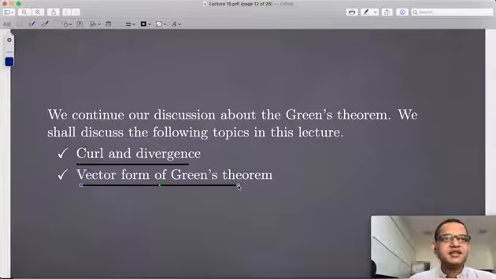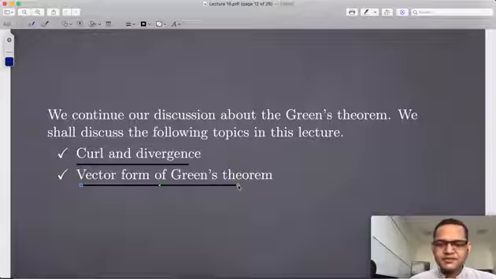interpretation. We have seen the formula: Green's theorem basically relates the double integral of a certain function in a region over R2 to a line integral over the boundary of that region, isn't it? So this was the analog of the fundamental theorem of calculus. Today we are going to elaborate more on this, and at the end I will also try to